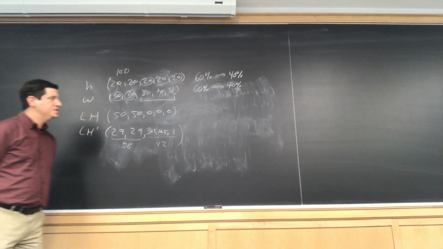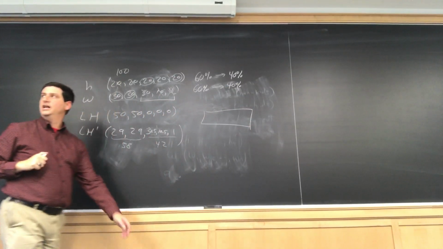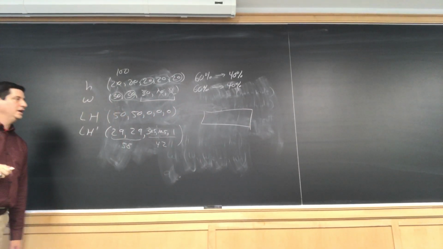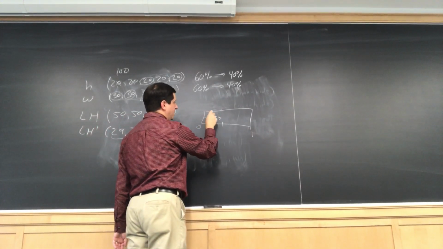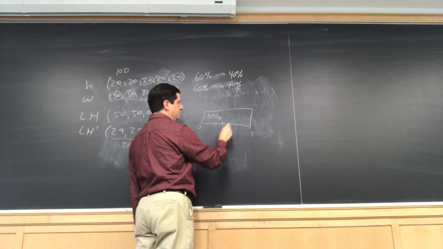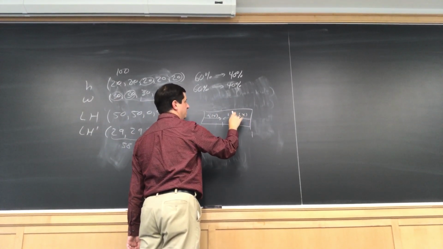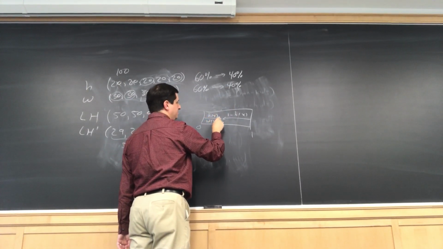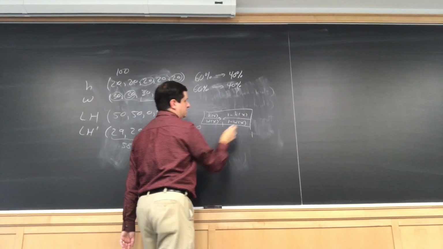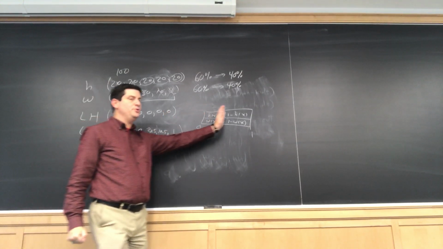So what I would like to do instead is, let's imagine we just have a continuous bar, and we assign a value. Here's 0, here's 1. If I go to x, the husband assigns a value of h of x to this, and a value of 1 minus h of x to the rest. And similarly, the wife assigns a value w of x here. Is there a way to fairly divide the bar? Let's assume that h and w are continuous functions.